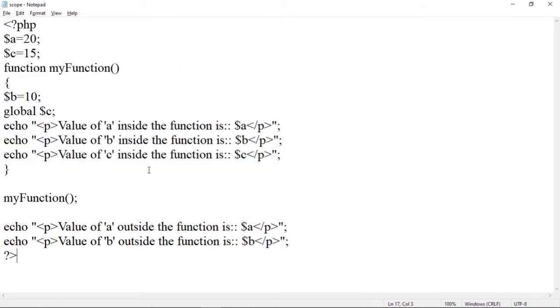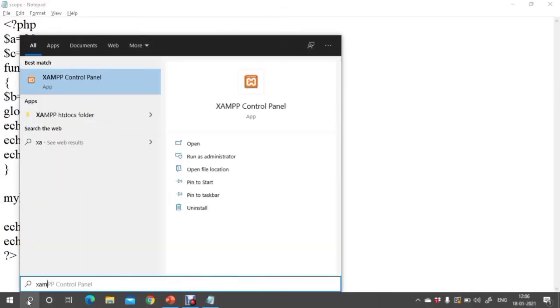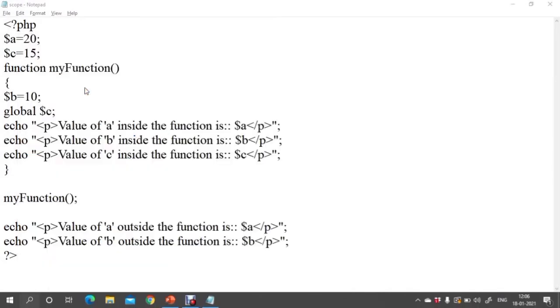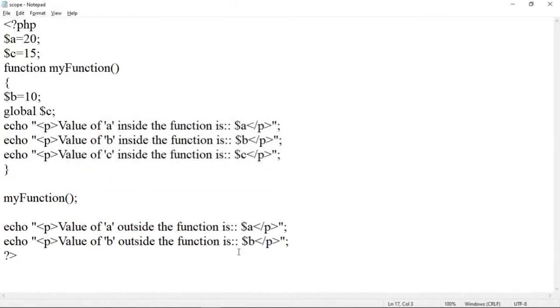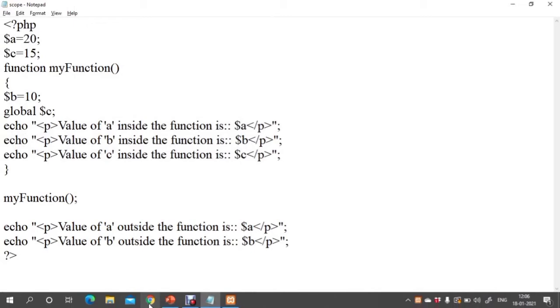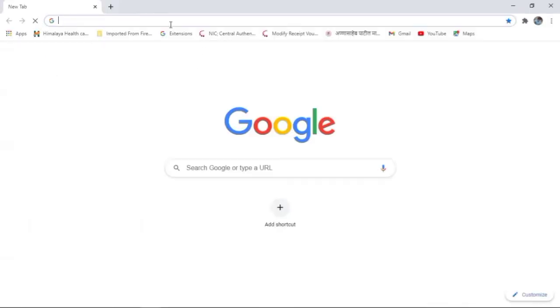Then save this program. Now to run this program, first of all we have to start the XAMPP server. So open the XAMPP control panel. From that, start the Apache server. Check here the status; it is running. Now we can run our program. To run a program, open the browser and type localhost.